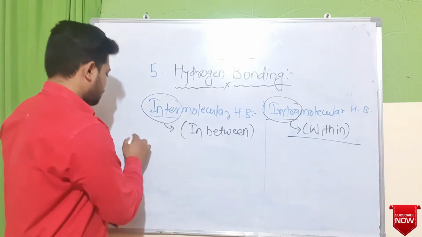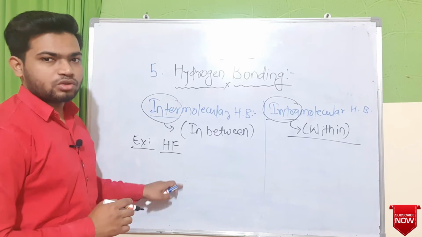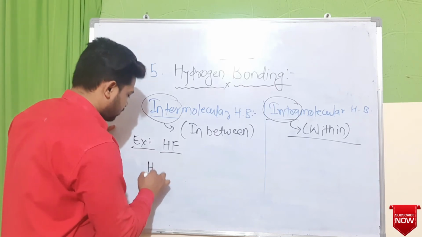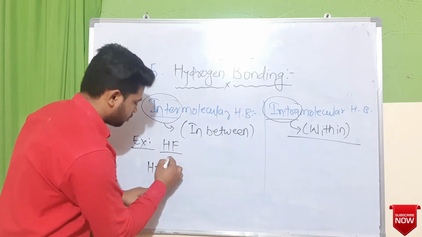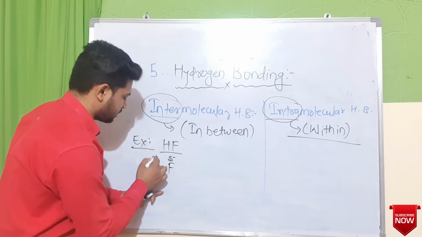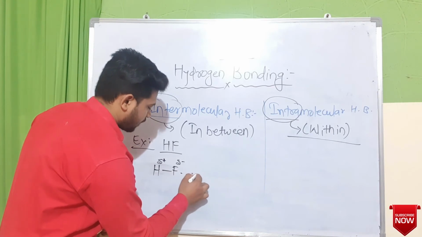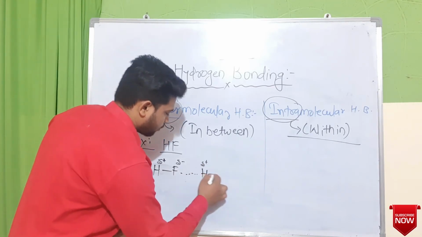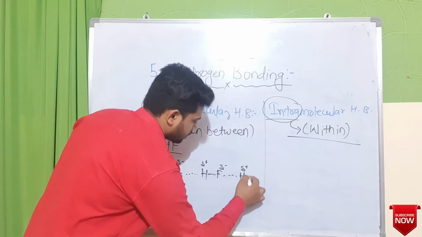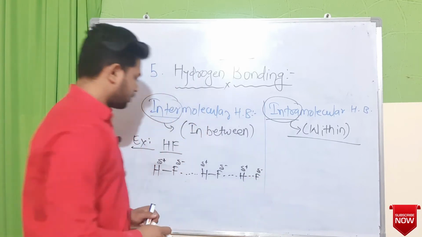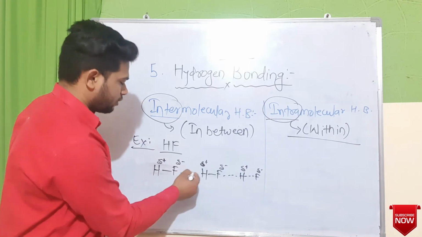Now we will take an example. Suppose hydrogen fluoride, HF. We have the solution of HF. Now in this hydrogen and fluorine, the more electronegative atom is fluorine, and so a delta negative and delta positive charge, dipoles, will be created. Now one fluorine atom having delta negative charge has attraction with a delta positive. So these are the various molecules which are present in the solution. In this way one positively charged hydrogen of one atom will form a type of interaction.